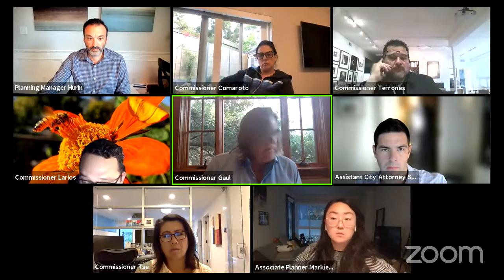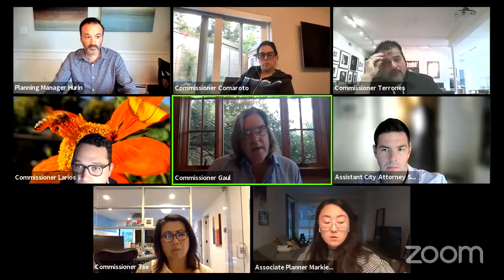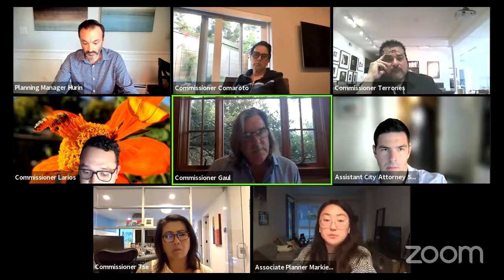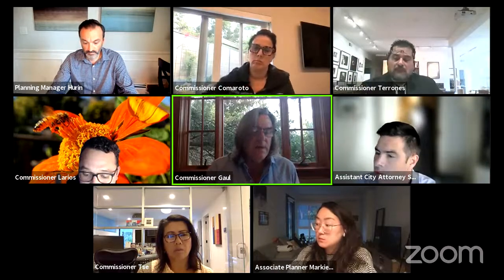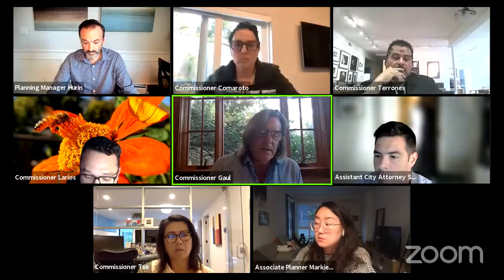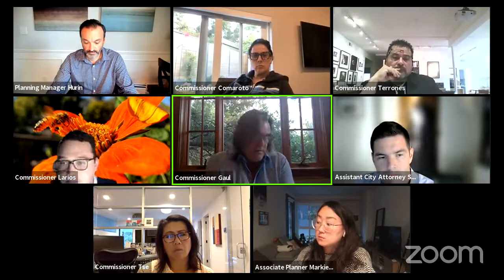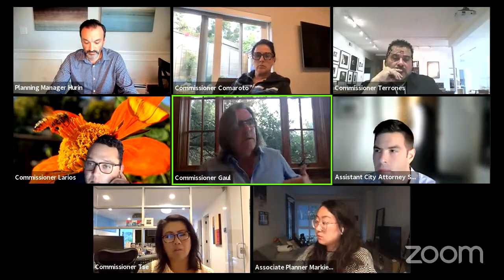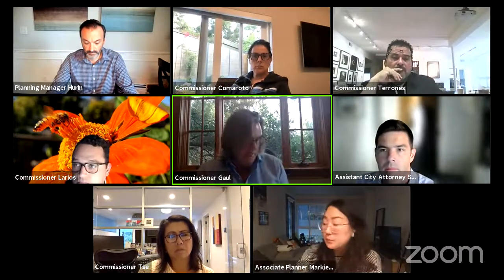However, this deck is covered, so it would count in the floor area ratio. So in my mind, this is part of your living space. It's not just an open deck, but it is intrusive onto the view from that deck. Usually it's from the living space, but this to me would count as a living space because it's included in your floor area ratio and your lot coverage.